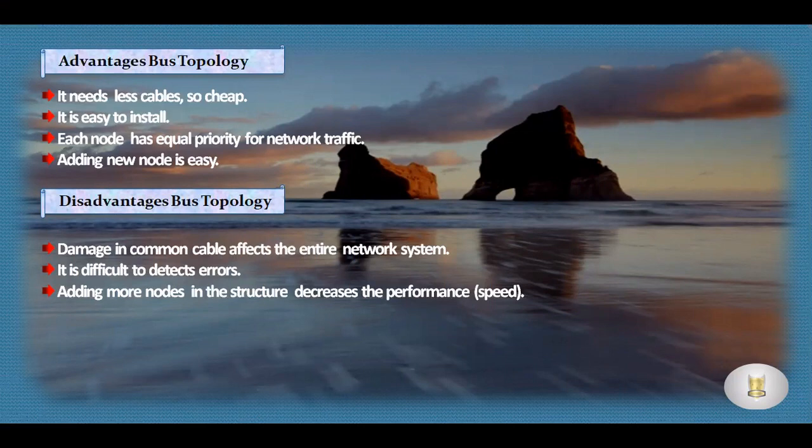Number 2, it is difficult to detect errors. Number 3, adding more nodes to the structure decreases the performance. It means that if you go on adding more devices to the network, the performance of the network in the bus topology will decrease. Let's move on to the next now.